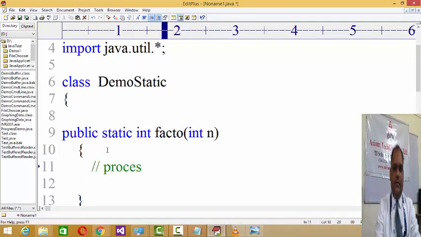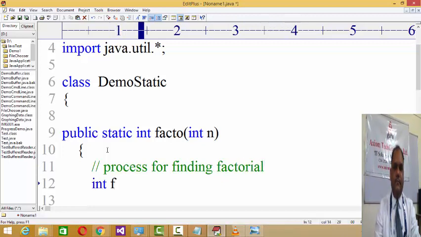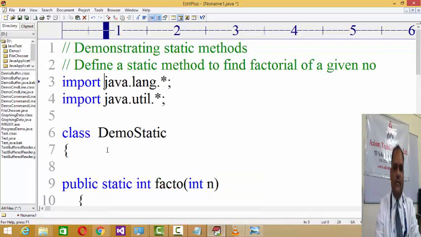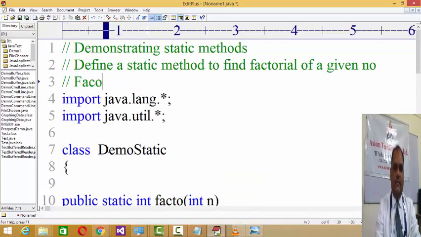Process for finding factorial. Int factorial means, you know that factorial means n factorial equals n into n minus 1 into n minus 2 up to 1.